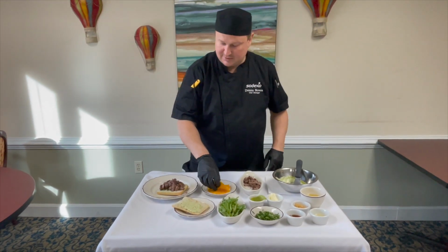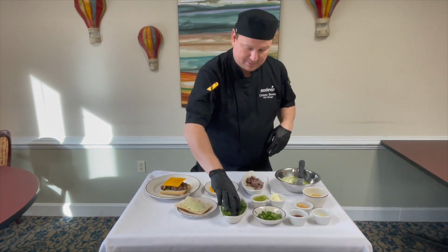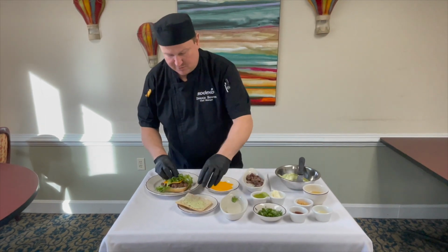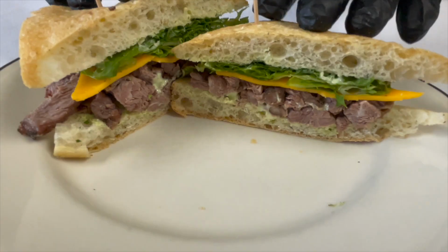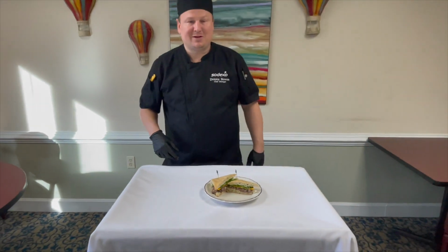And then a slice of the cheddar cheese, and then some arugula to top it off, and then we'll put the top bun on there. And here's the completed sandwich. It's going to be served hot with a toasted ciabatta bun, and it's going to be available in the cafe